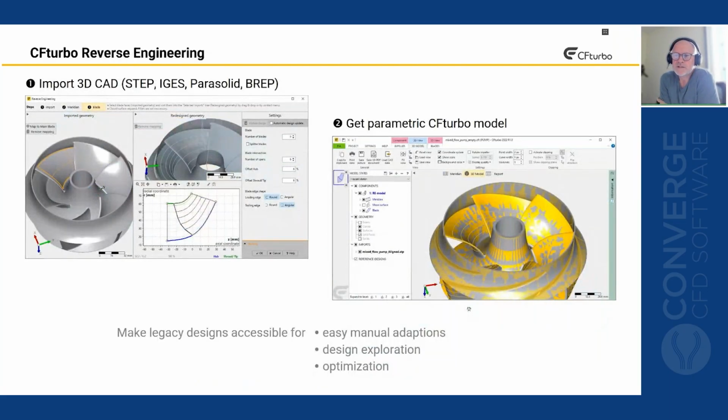Okay, and besides the new design from scratch, we can also use reverse engineering. That means we can import neutral CAD data from existing machines. This is an example of a centrifugal or mixed flow impeller. We can import STEP, IGES, Parasolid or BREP data, and the geometry has to be aligned to the internal